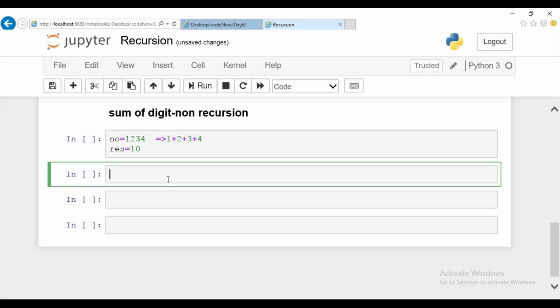Yes, yes, Raghu. Okay, good. Int of i. Okay, Surya Teja, accepting as a string. You're typecasting.